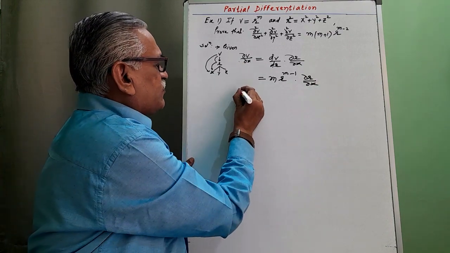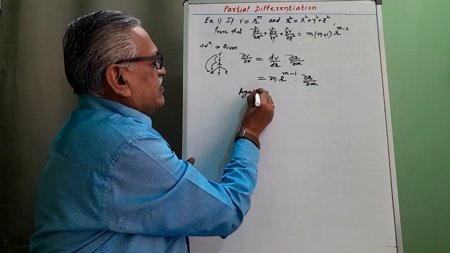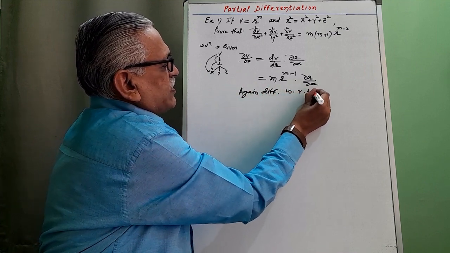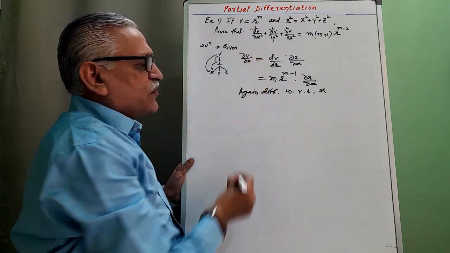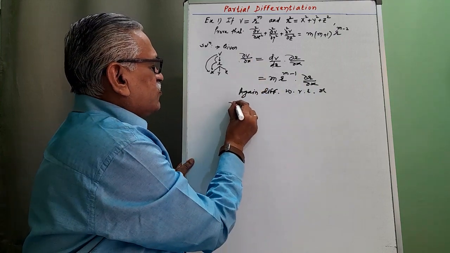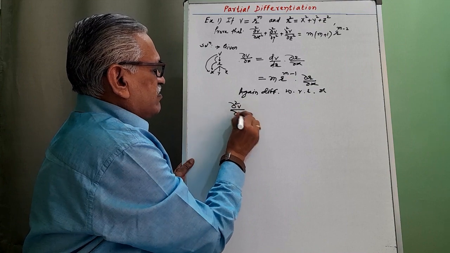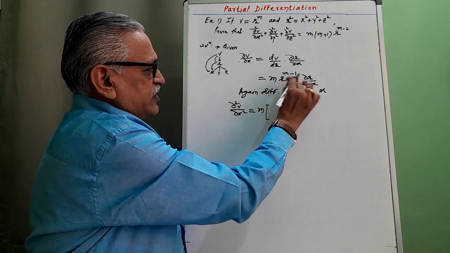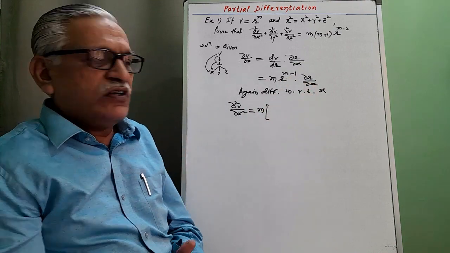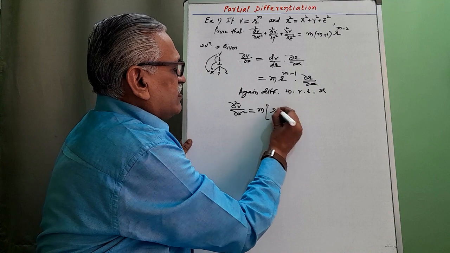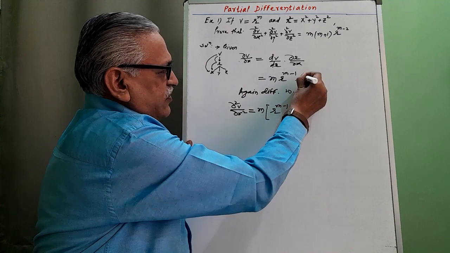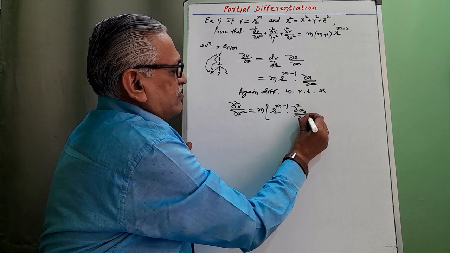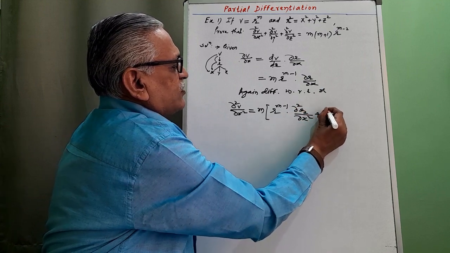Again differentiating it with respect to x. The derivative of dou v by dou x with respect to x is dou 2v by dou x square, is equal to m constant outside. Differentiate this product by product rule, UV rule. First term is r raised to m minus 1. Derivative of dou r by dou x is dou 2r by dou x square plus second function dou r by dou x,